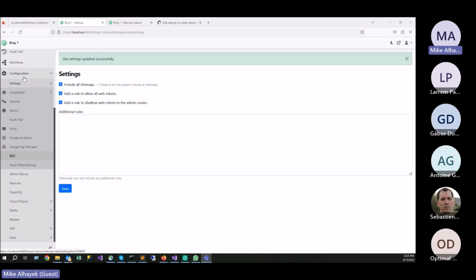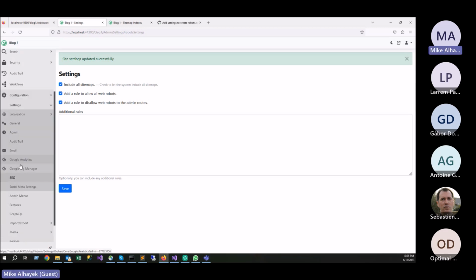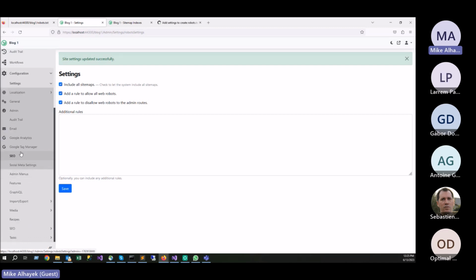And this right here is a settings. So under settings here, we have all the settings listed right under settings. So that's where that goes. And then in the future, we can add anything SEO related to the settings here, because settings. Yeah, but sitemap is not settings. Correct. But this only becomes available if you have,